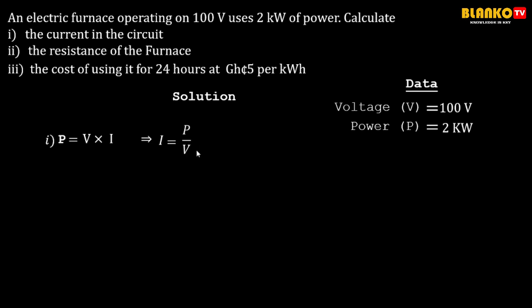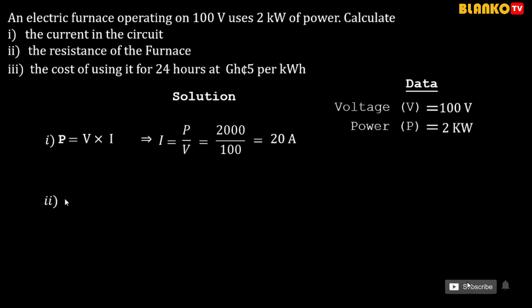So let's substitute the values to solve for I, which is the current. So we have 2000, which is the power, over 100, which is the voltage. So when you divide 2000 by 100, we are going to get what? 20, and it's in amps. Current is in amps. Okay, so 20 amps. So solution I, the current I is what? 20 amps. So let's move on with solution II,